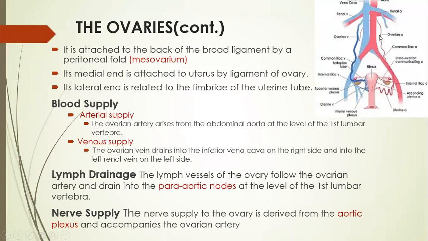Here, this is the ovarian artery. Here is the ovarian artery. Venous drainage is again similar to that of the testis. On the right side, it will be draining into the inferior vena cava. Here, as you can see, this is the right ovarian vein, but the left will be draining into the left renal vein, and from there into the aorta. Okay, so the ovarian vein drains into the inferior vena cava on the right side and into the left renal vein on the left side.